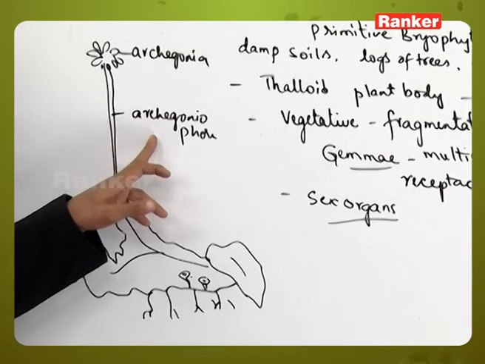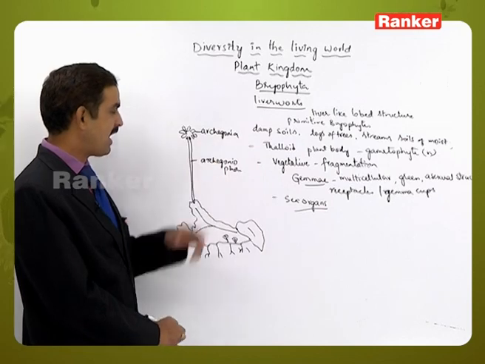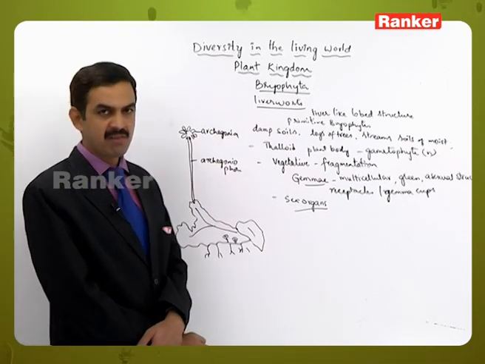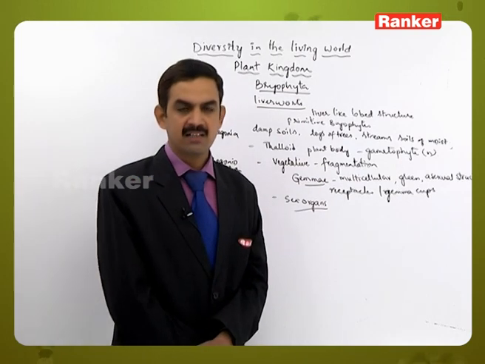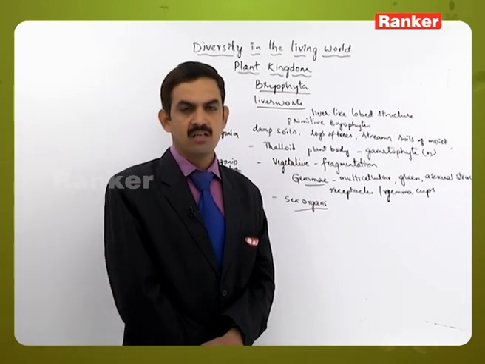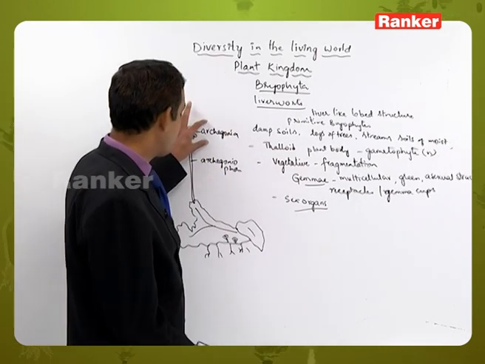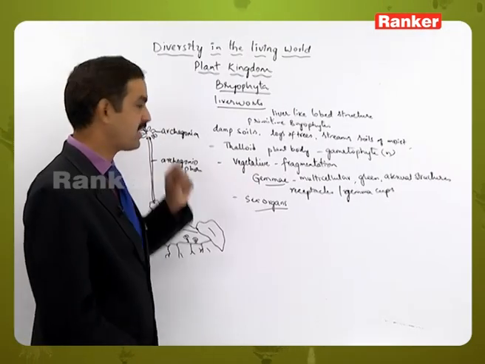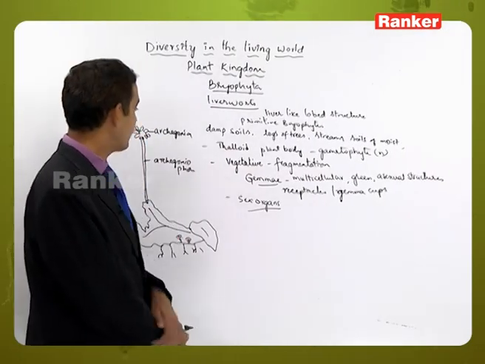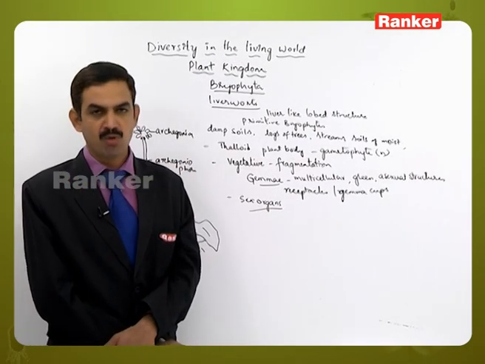but in place of the archegoniophore it contains the antheridiophore, and at the tip of the antheridiophore the antheridia will be present. We cannot differentiate the male prothallus from the female prothallus till they start producing the archegonium and the antheridium. So here the archegonium is the female reproductive organ or female sex organ, and the antheridium is a male sex organ. The archegonia will produce the egg cell and antheridia will produce the male gametes, which are motile, and with